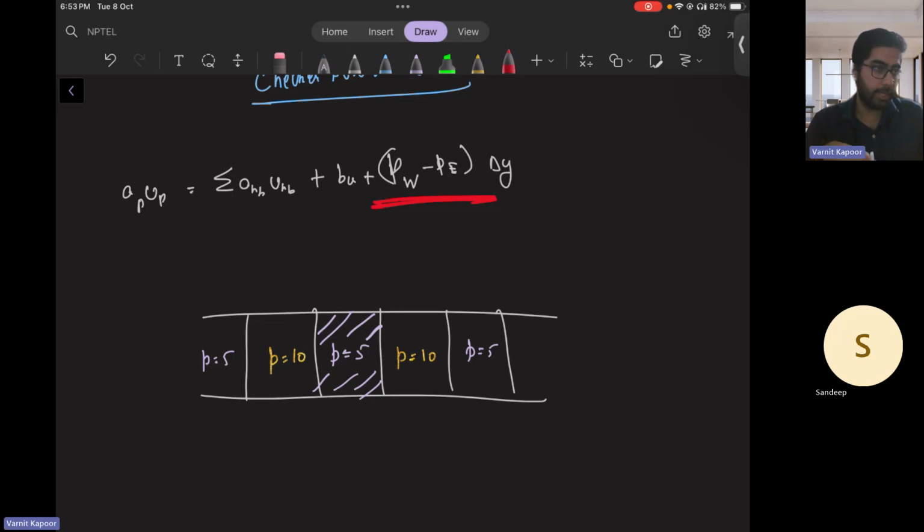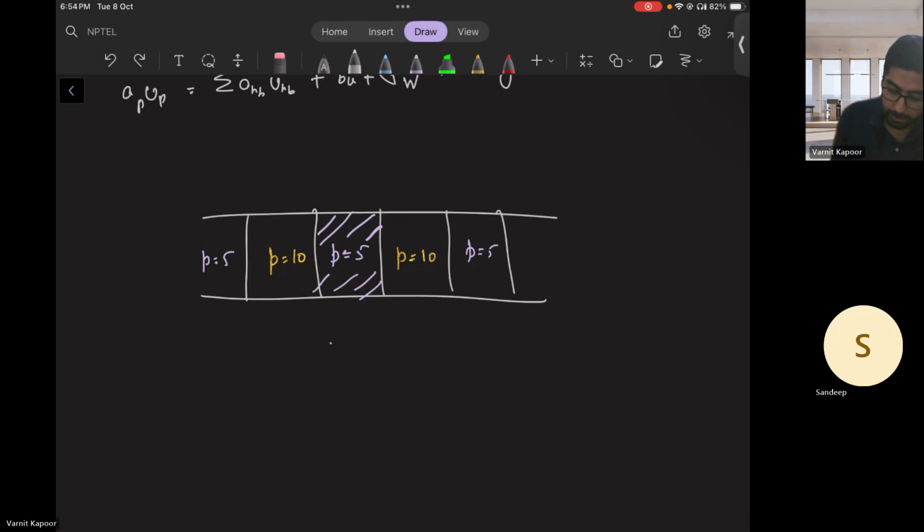But in actuality, the flow is happening. There is a gradient of pressure crossing through P. But this equation is saying there is no gradient, pressure gradient is zero, because we are not interested in the absolute pressure values. We are interested in pressure gradients. So which is an unphysical kind of thing. This is kind of an oscillatory behavior of the pressure field in the X momentum equation, where it is saying that gradient of P